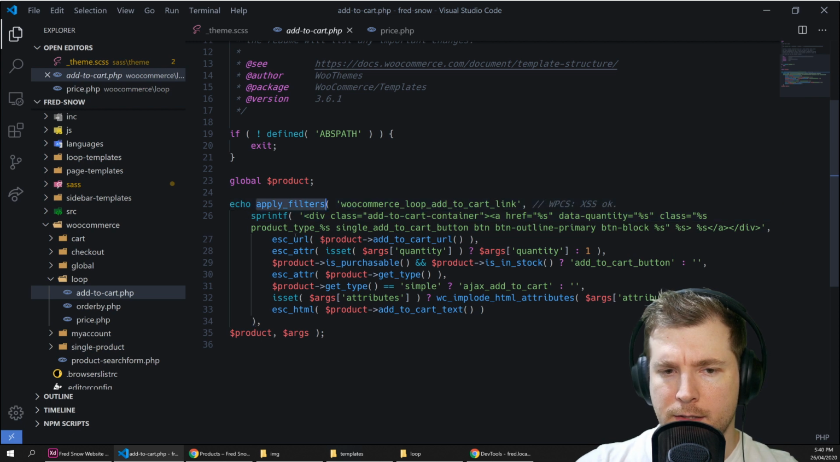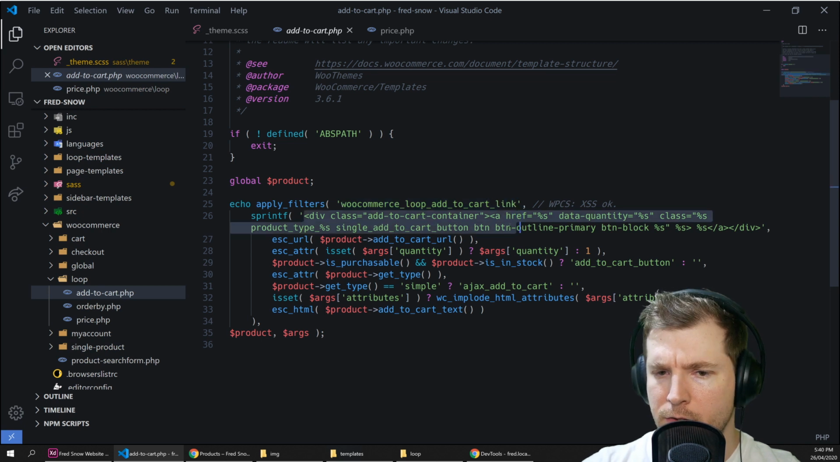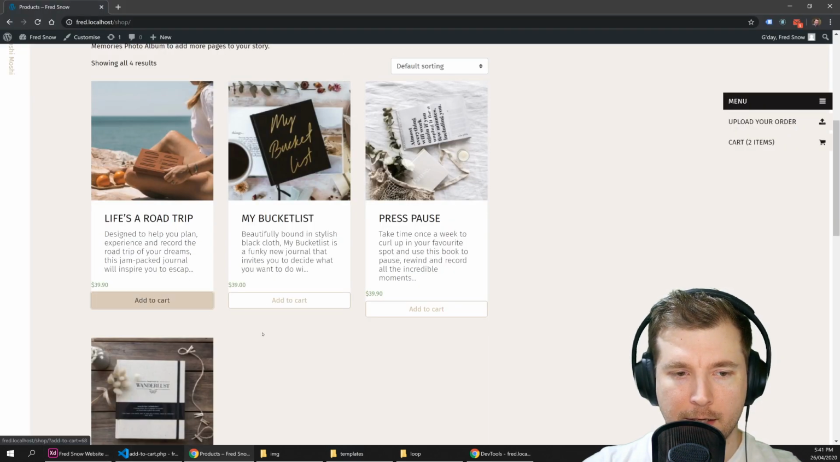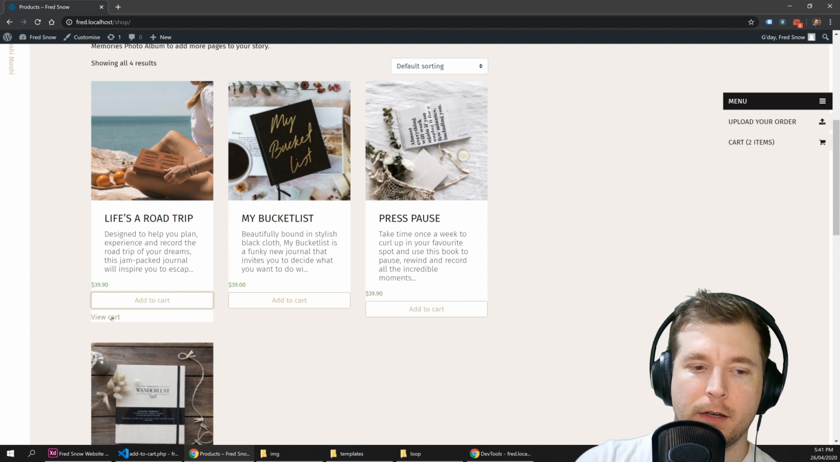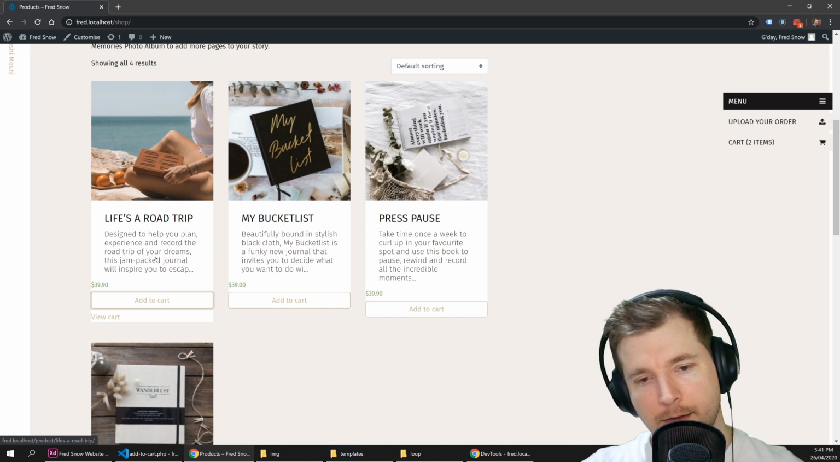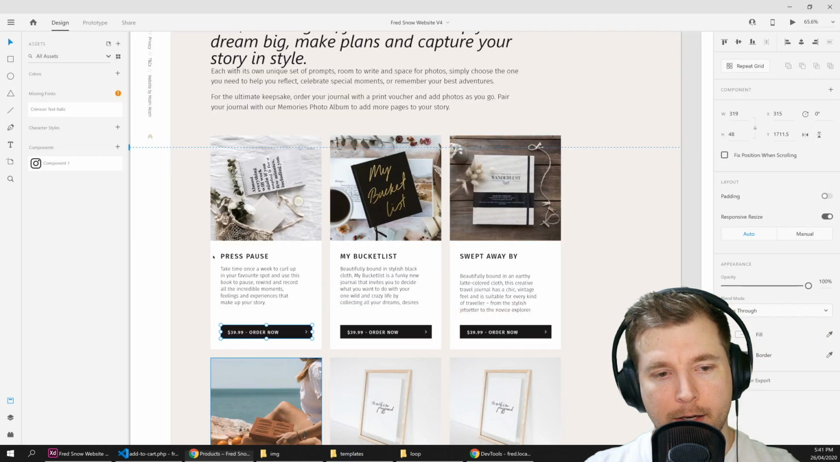So in this case, we were applying a filter, and this is for the WooCommerce loop add to cart. We're creating a div here to add it to the cart. We're putting in the quantity as well. So let's just hit this to see what happens when we do press it. All right. So it's sort of working like that. And what I'm going to do is,